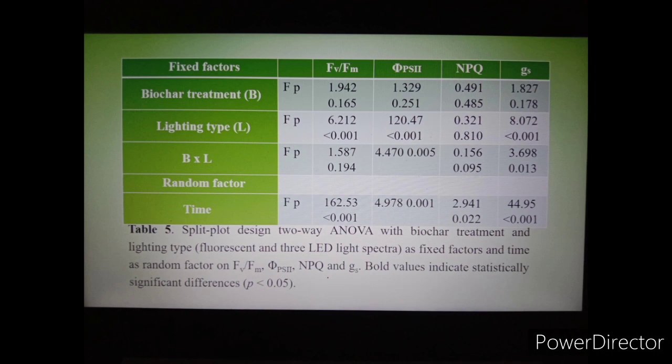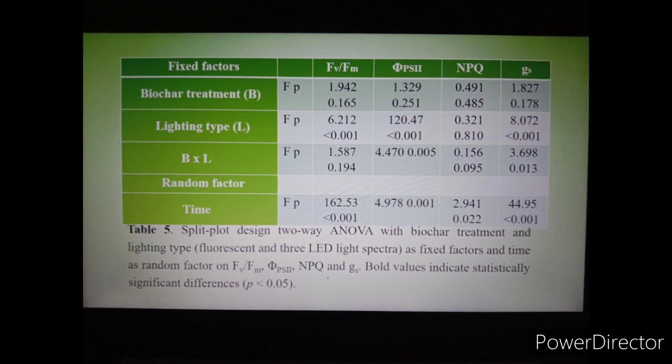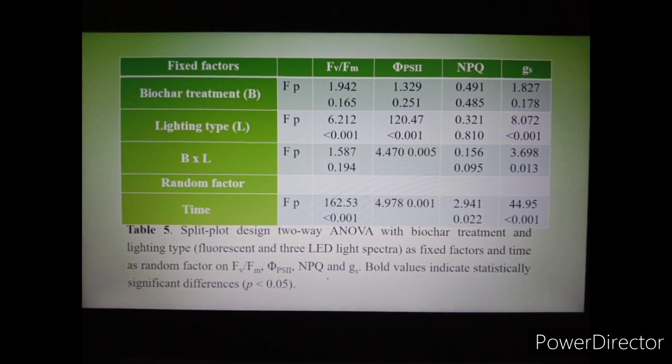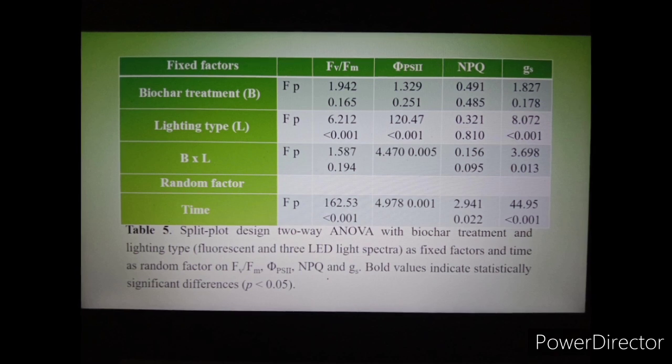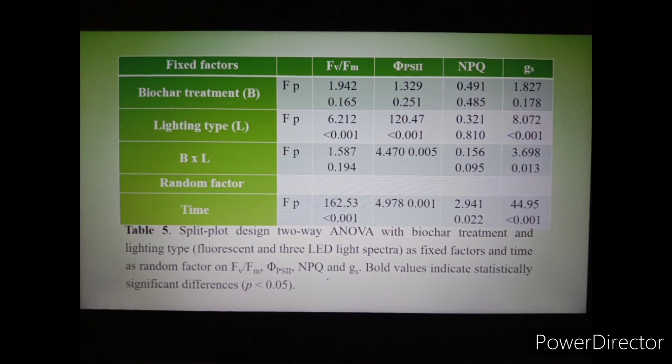Our next table, Table 5, shows the split plot design two-way ANOVA with BioCar treatment and lighting type, which is the fluorescent and the 3 LED light spectra, as fixed factors and time as random factor, on FV/FM, NPQ and gS. Bold values indicate statistically significant differences of P